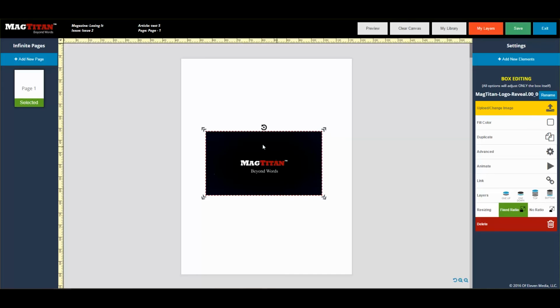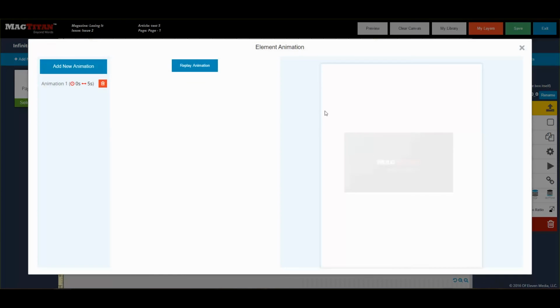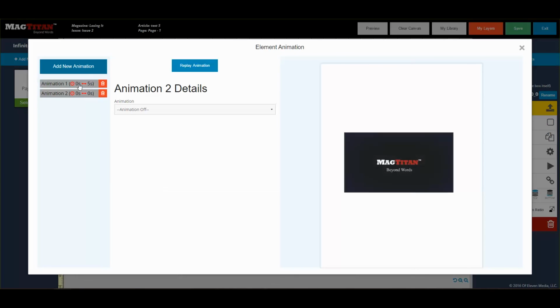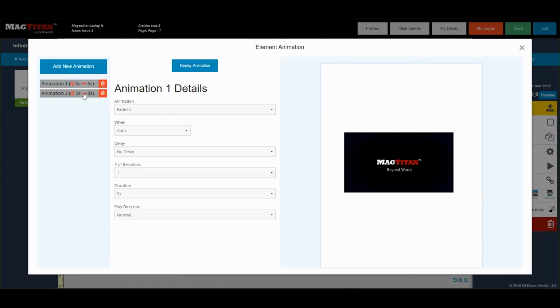So you would do the same thing, select the element, go back to animate. We already have one here, and I can just add another one, and then I can select each of them and set it up that